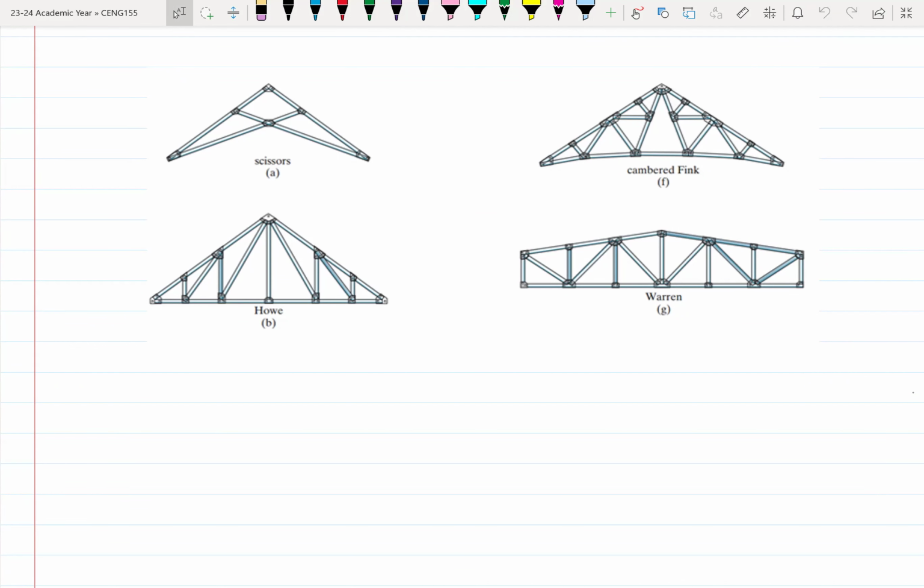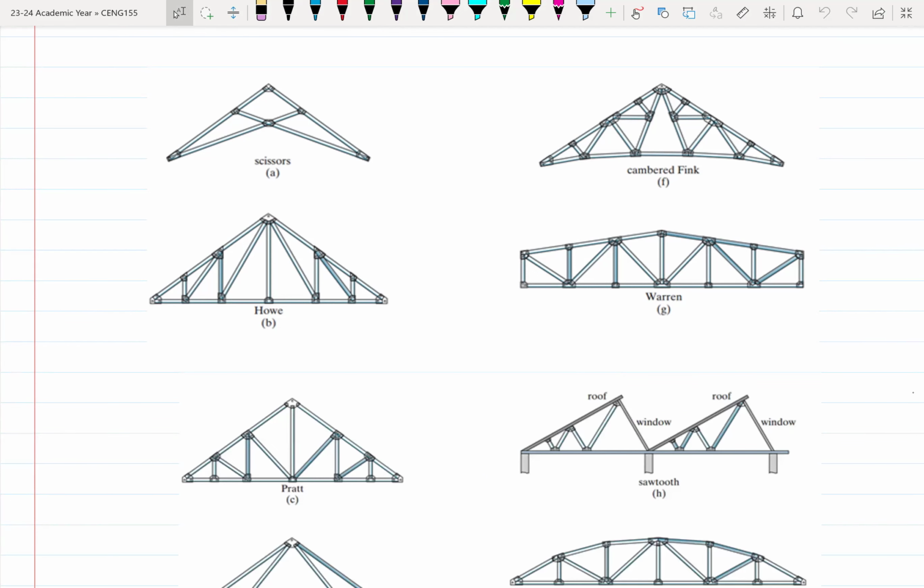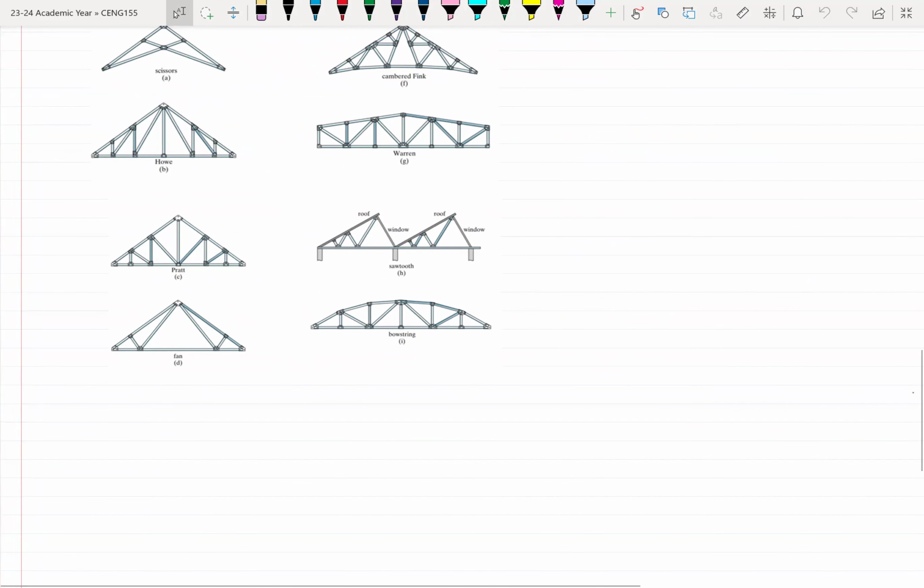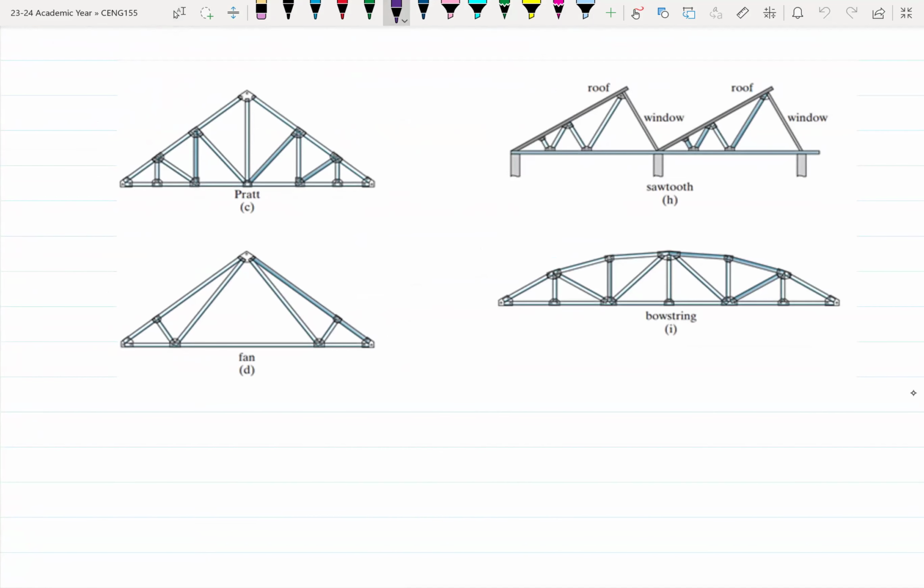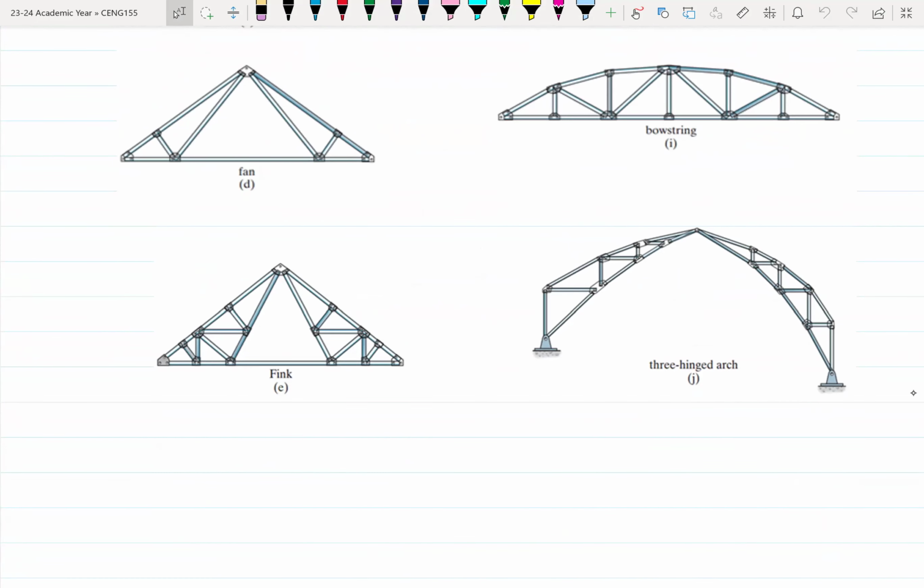There are other types that we have. We also have the Pratt and the bowstrings, the fan. Let me see if I can bring them up here. This should show any moment from now. So here are more examples of the types of roof truss that we have. Okay. So here's the Pratt. This is the sawtooth. This is the fan. This is the bowstring. Then we have two more, the Fink, and then the